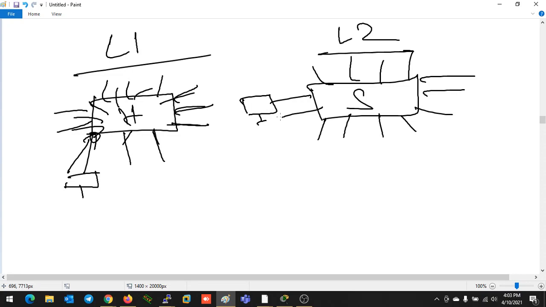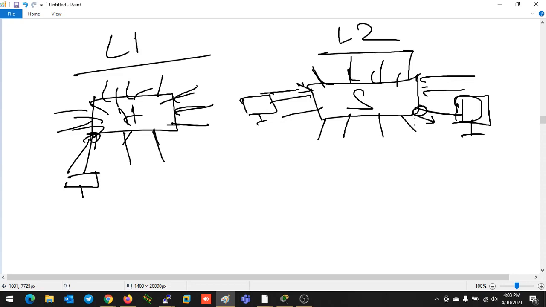Here also the switch is doing the same thing. What is the switch doing right now? Once it receives any data from any port and the destination is something it has no idea about, it does a broadcast. It sends the same data out from all the ports. But once it learns the information about the destination device, it makes an entry in the MAC address table, so that if the same data comes next time for that same device, it will exit only from the same port. Only one single port, the one on which the device is connected. That's why the switch is a little bit more intelligent than the hub.